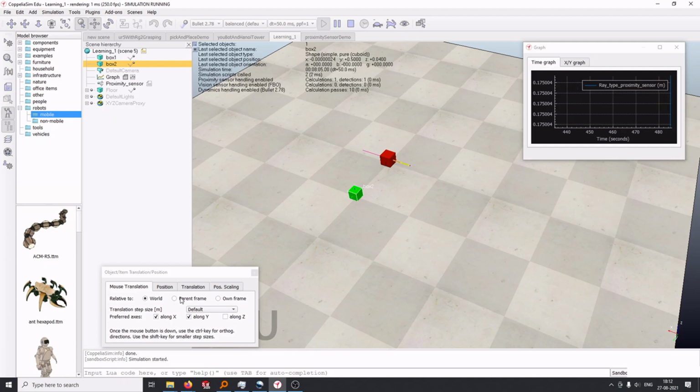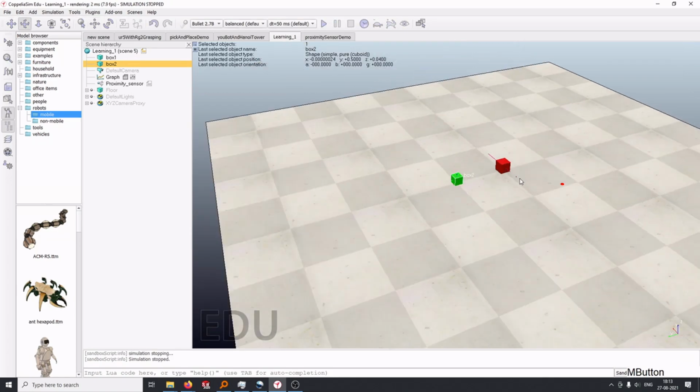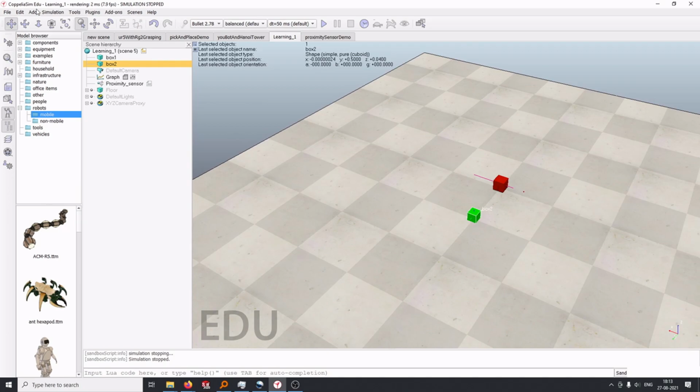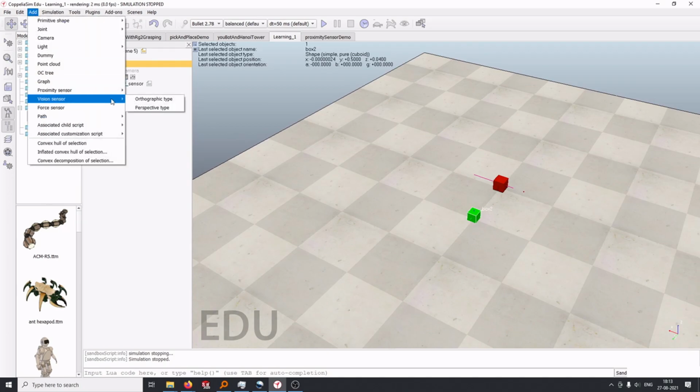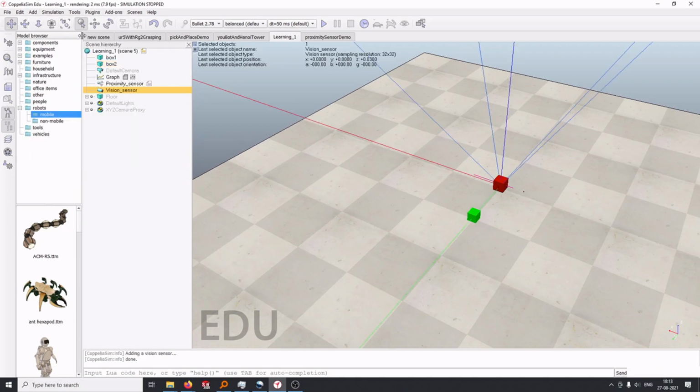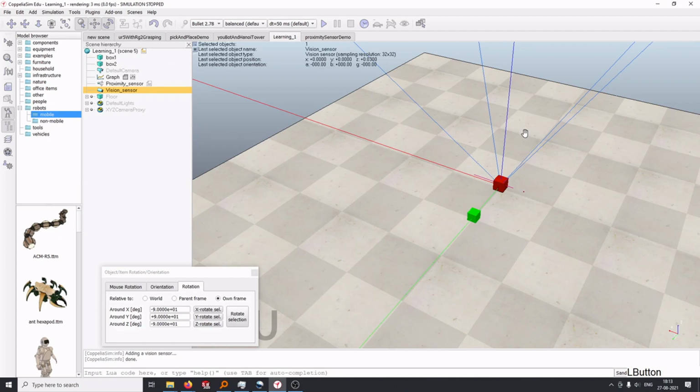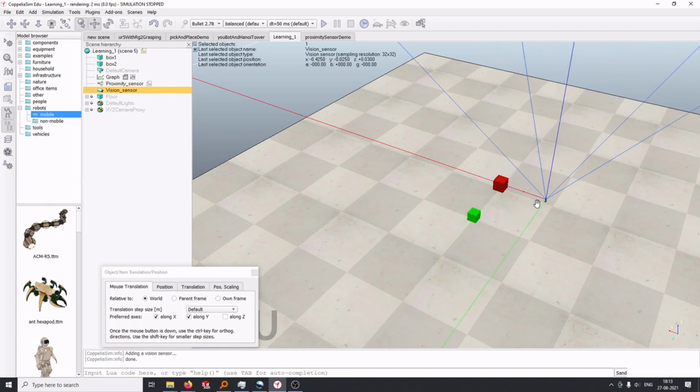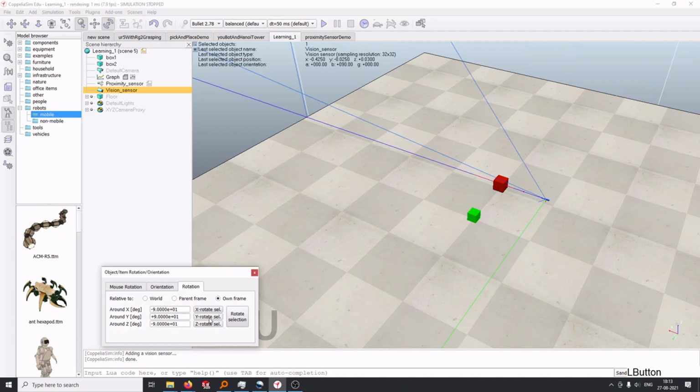So now we want to add a vision sensor in the simulation. For that, first we stop the simulation, then we add a vision sensor, perspective type. We move it in this direction. We rotate it also in the y-axis by 90 degrees.